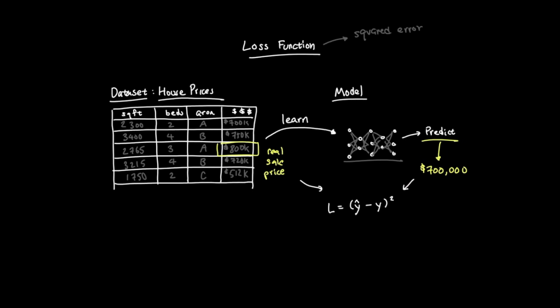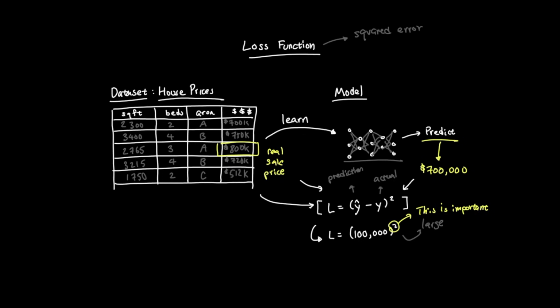For one example, the loss can be written something like this: L equals (y hat minus y) squared. Here, y hat is the model's prediction, y is the real label, and L is the loss. In our house price example, y hat would be the predicted price and y would be the actual sale price. If the model is off by 100,000, the squared error is a very large number. The exact number here is less important than the actual idea. Bigger mistakes get punished more. This is useful because we do not want the model to treat a $5,000 mistake as the same as a $100,000 mistake. Squaring the error makes the errors stand out a lot more.